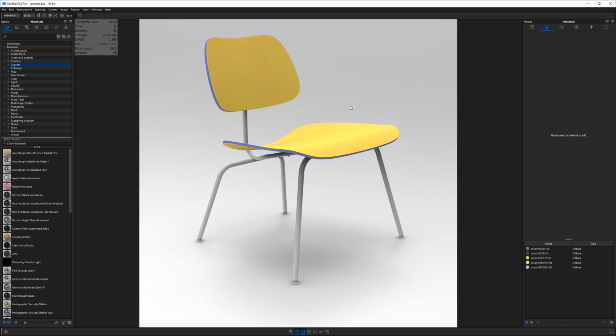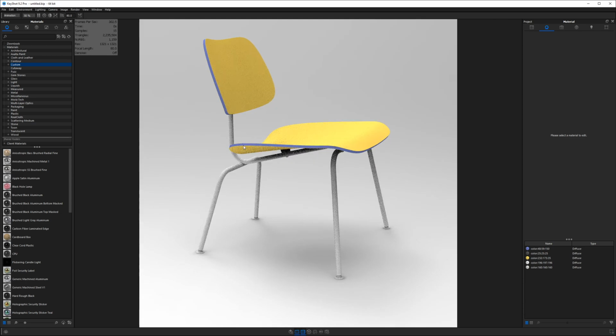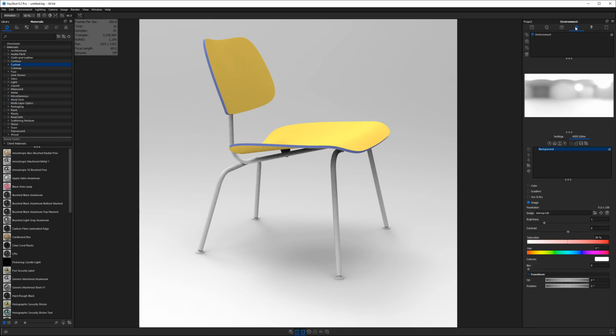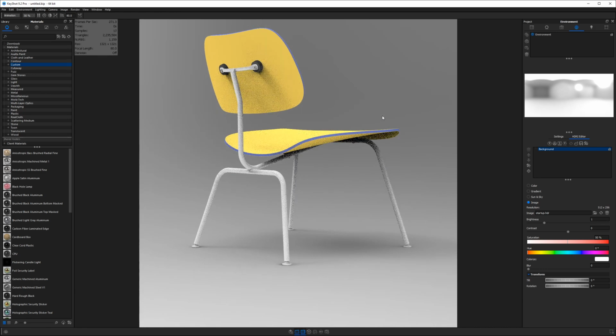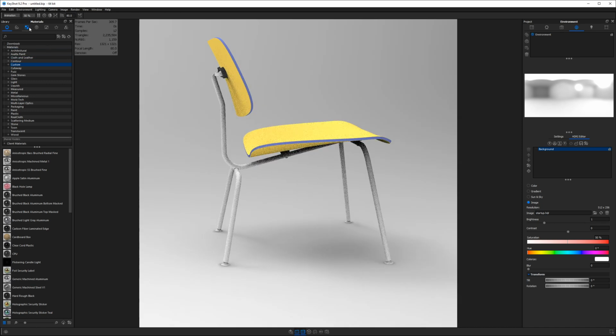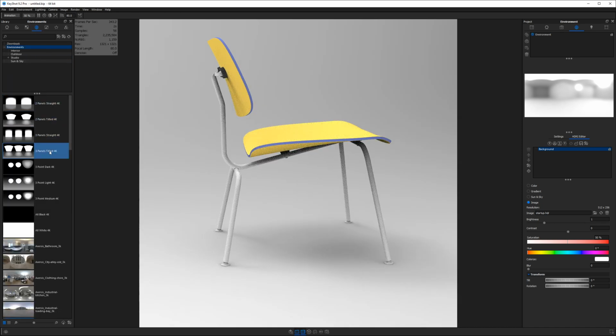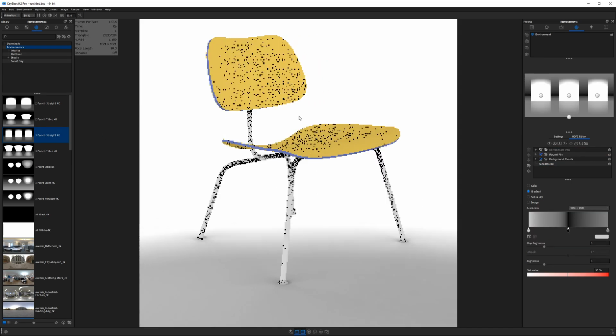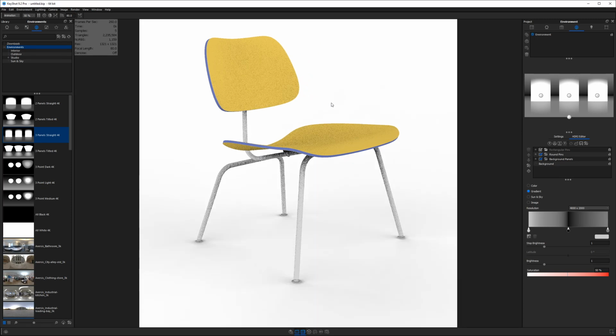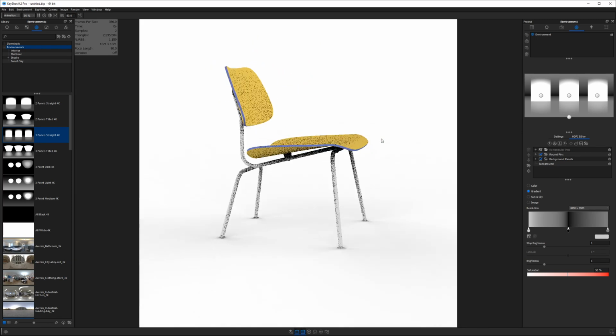Now I want to make sure that I've got an environment that has a little more contrast than our startup environment. If we take the startup environment, which is set by default, our materials are going to lack the contrast and realism that they generally need. So I'll go into the environment library, and I'm just going to go ahead and use the 3-panel straight 4K, which is my default go-to. At this point, I'll hit C on the keyboard to go to a white background,